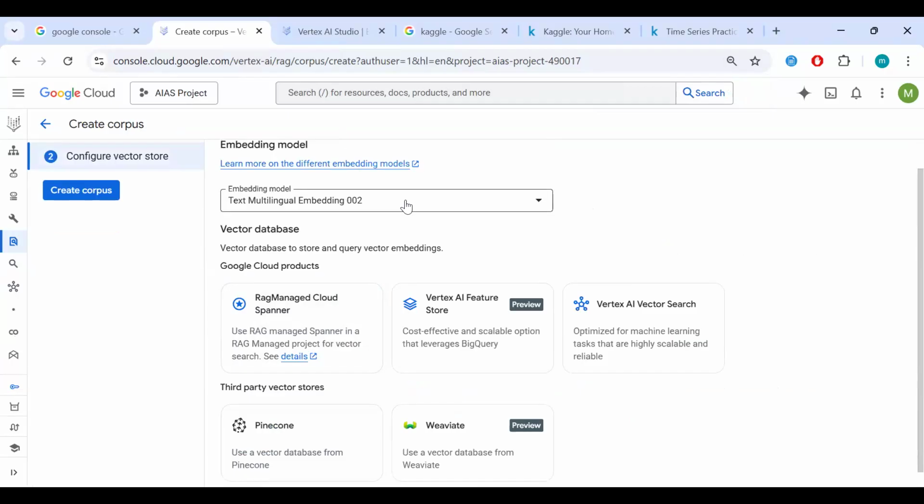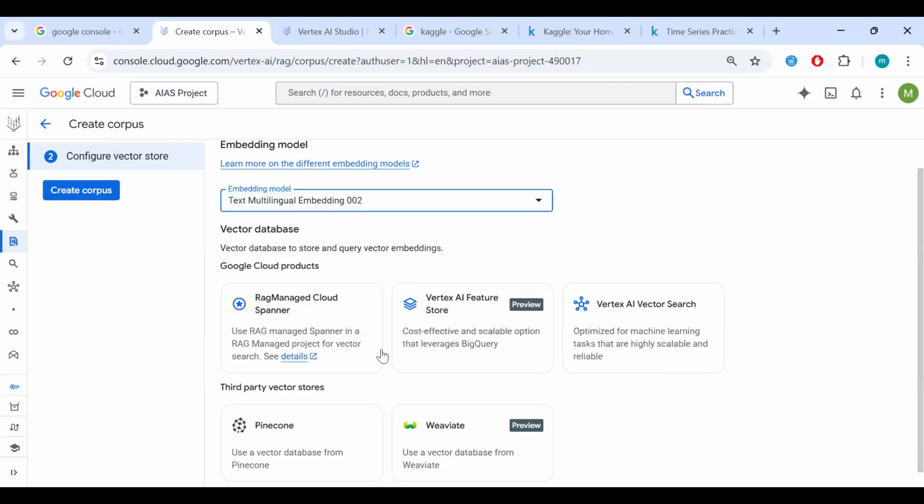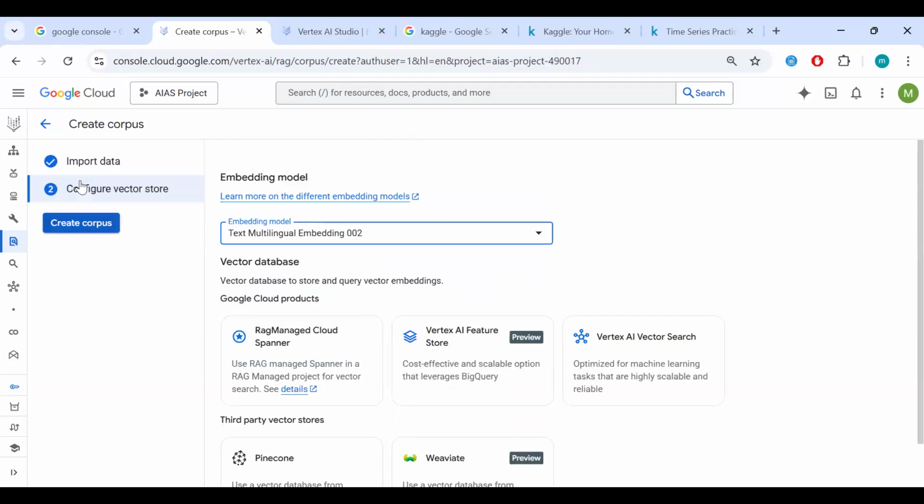This is basically what embedding model we're going to use, because there are models created just to create embeddings, models whose only job is to take text and convert it into numbers, so our systems can process it better. So we select the model we want to use: the text multilingual embedding 002. And then that's it, and we create our corpus.